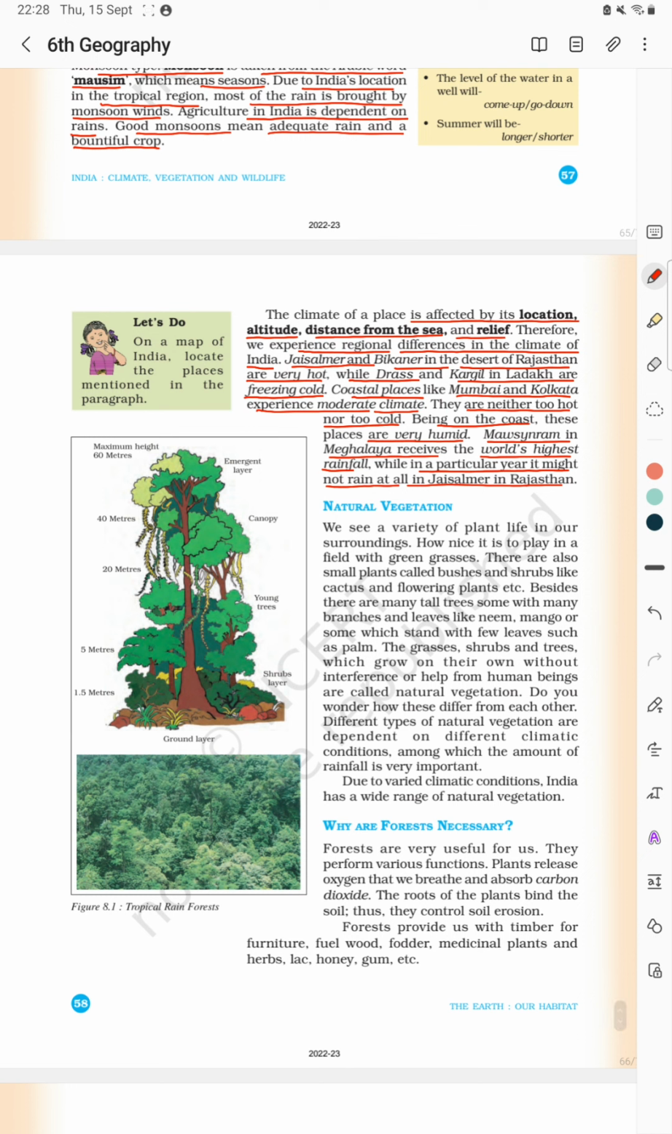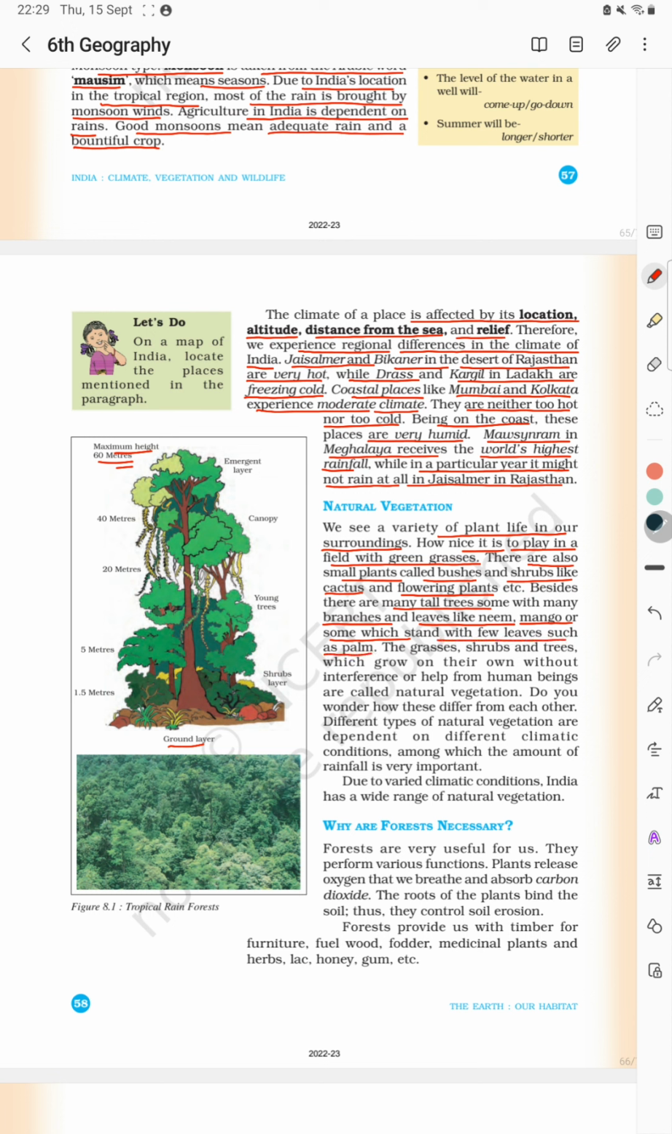Then natural vegetation. We see a variety of plant life in our surroundings. How nice it is to play in a field with green grass. There are also small plants called bushes and shrubs, like cactus and flowering plants. Besides, there are many tall trees, as shown in the figure, up to 50-60 meters in height. Some have many branches and leaves, like neem and mango, while others stand with few leaves, such